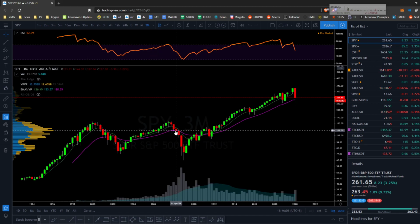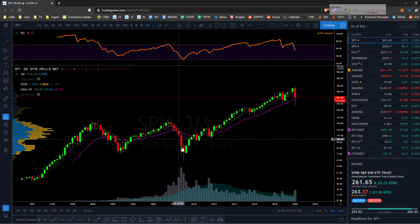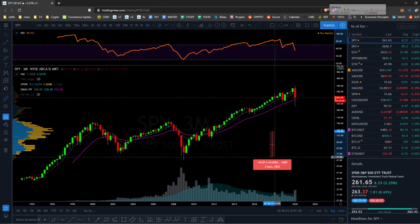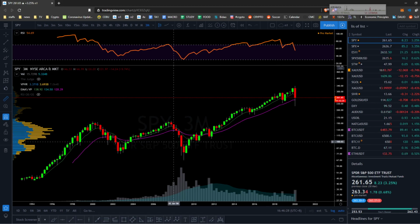You can see here as when we broke it in 2008, that's when we had the most fierce dump here with the largest volume, and then we bottomed out 50% below it, right? So it's huge. It's a huge dump after we broke below it, so we don't want that. There was a scare over here,